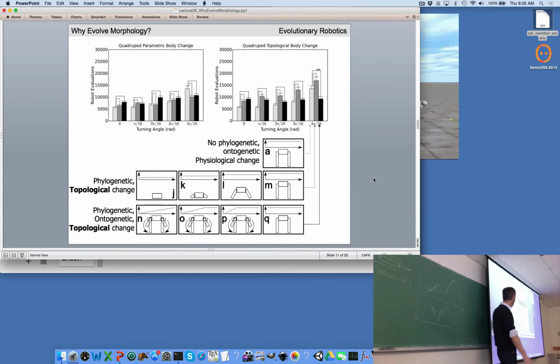Right? So it didn't help here because we're changing the body over phylogenetic time, and suddenly the controllers have to deal with something they've never seen before. But that doesn't occur in this experiment. In this experiment, the robot starts legless and grows legs over its lifetime. So the controllers in this population have experienced a robot that has upright, long, vertical legs. It only experienced them for the last few time steps of the lifetime of the robot, but the controllers have seen that case before and managed to keep the robot upright for long enough to get it to the target